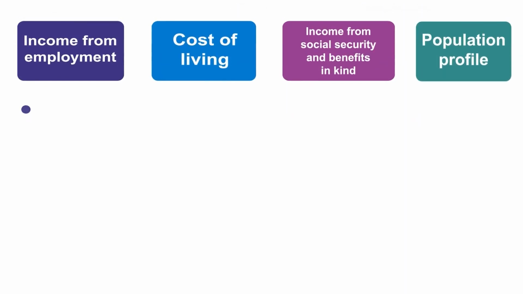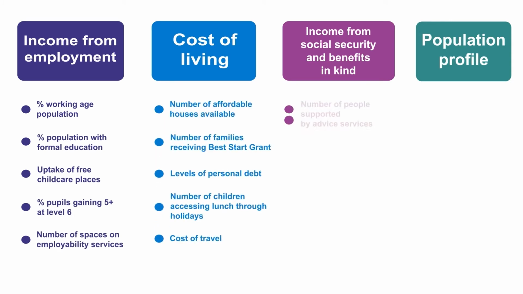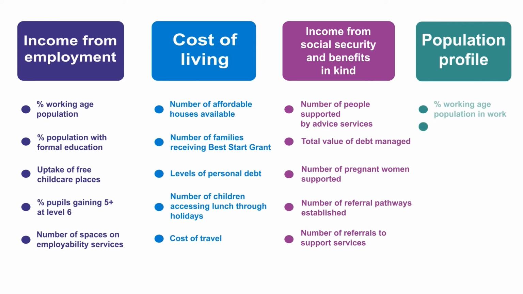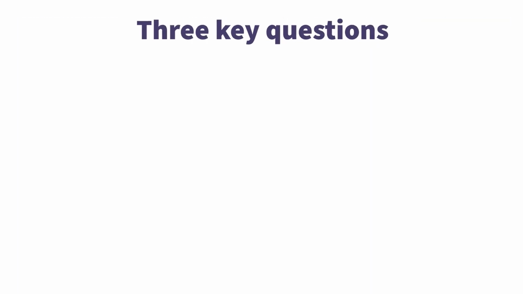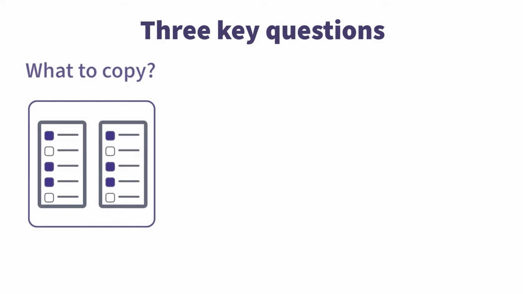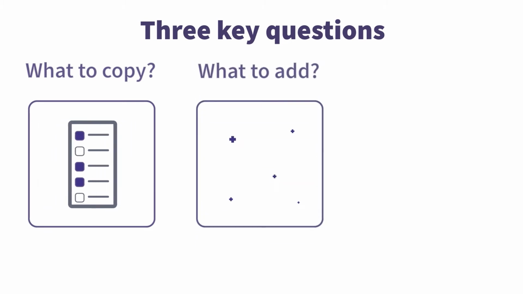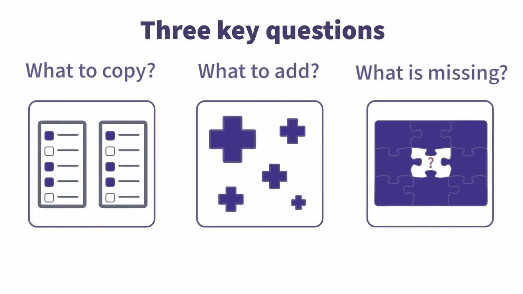The second workshop aimed to think about data within the context of Inverclyde's child poverty system, specifically population profile information to help understand the local population specific to child poverty and information about each of the 3 drivers of child poverty. We reviewed this data and asked 3 key questions. What can Inverclyde replicate? In other words, replicate data as we know this data exists in another local authority. What else can Inverclyde add? What's missing to tell the most complete story of actions to address child poverty in Inverclyde?